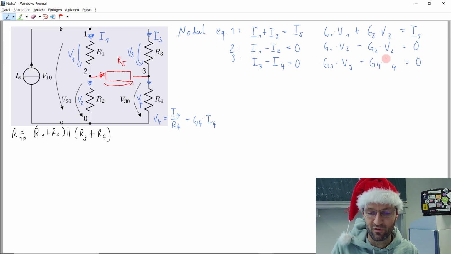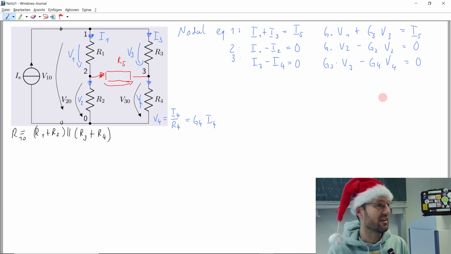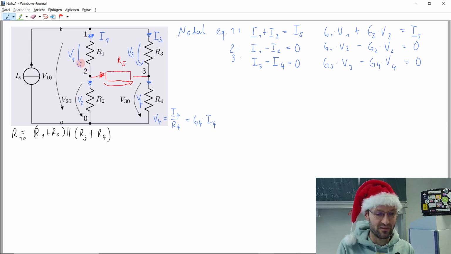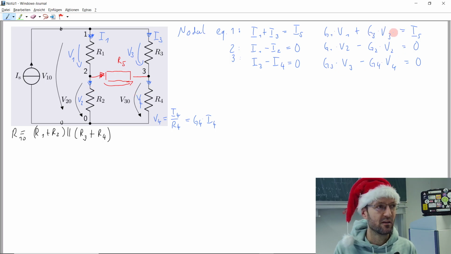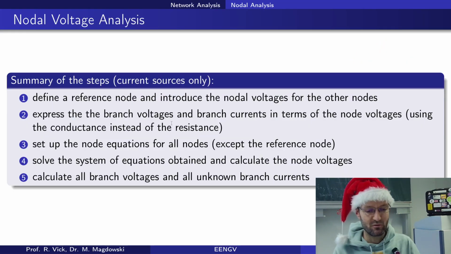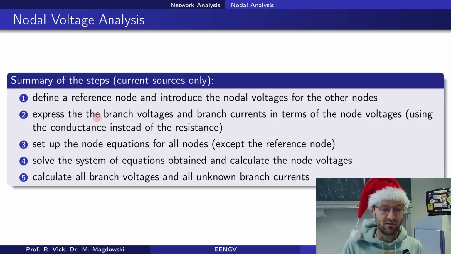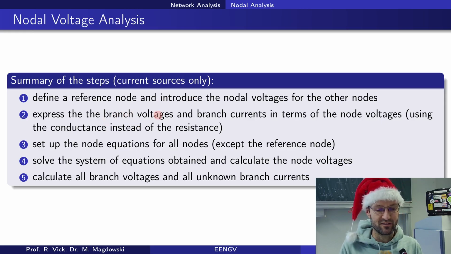This should be all voltages. Very good point. And at the moment, this current and this current is still the same. This current and this current is also still the same. But later on they might not be. Okay, still looking at this, we have still 3 equations. How many unknowns do we have? Still 4. Now comes, going back to our recipe, now we express the branch voltages.